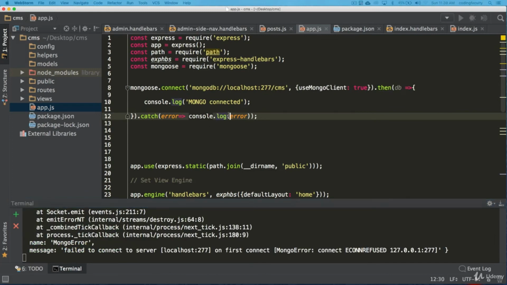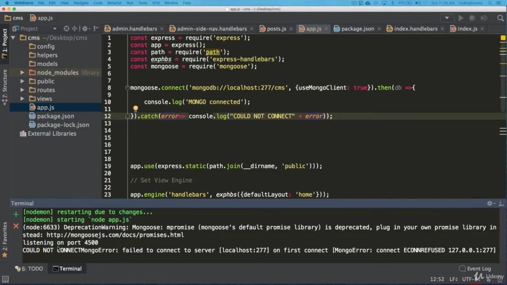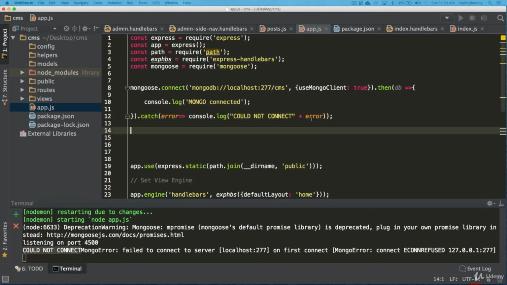So you know that that's the error, we can say testing error or something like that, or we could say could not connect, something like that. Let's see how that works. Let's see if you can see my could not connect. You see it right here, right? So you know that it's working.